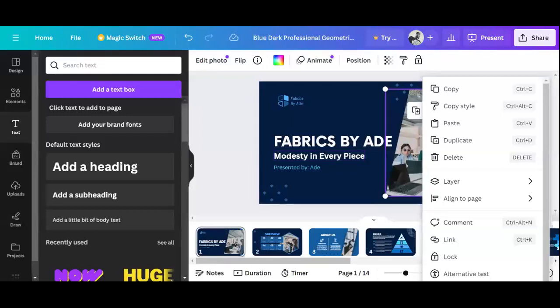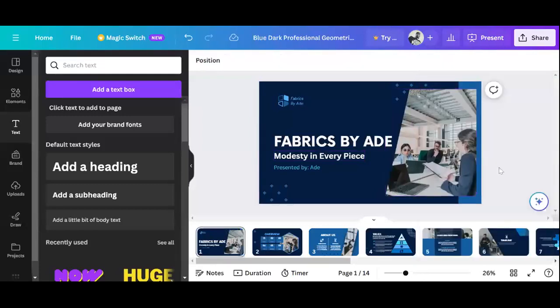It's showing now. So for this situation, we want to change the image here, because this is already a template that we are trying to tweak. It has these details here, but we want to change the image in it, but the image is confined to a shape. So how we do this is we click on the shape, that means on the image,